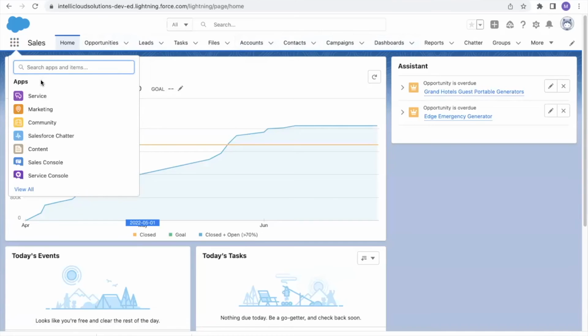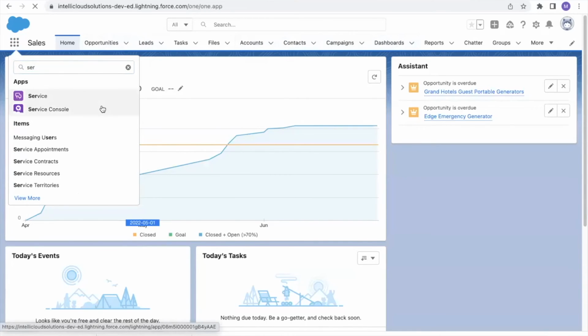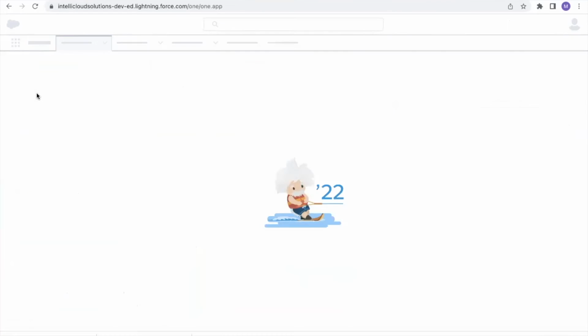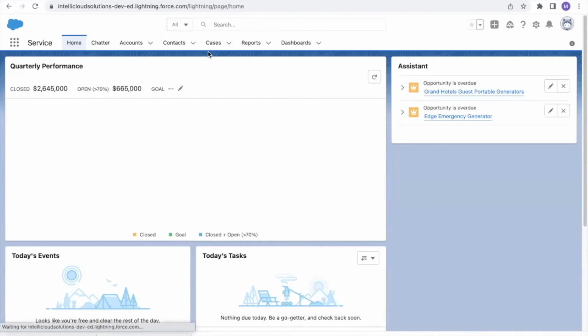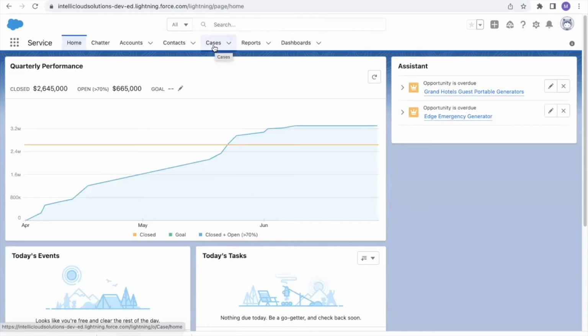Similarly, you can go and search for your Service application. So again, this Service app provides you primarily cases. And as Padmaja said, the accounts and contacts come pre-packaged in that. Okay. So that's why it's close to admin, and it's taken as part of your admin exams as well. So that's how you navigate through the application,